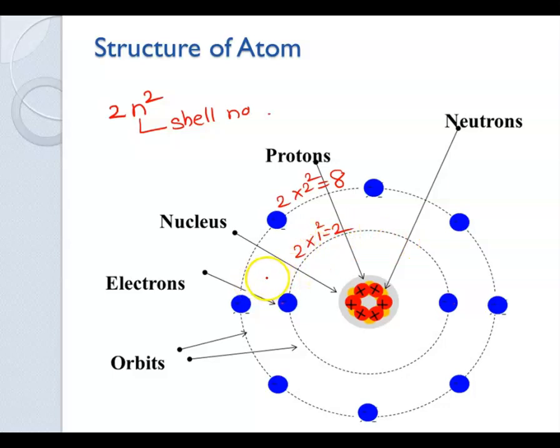Now see one more definition, that is valence shell and valence electron. The outermost shell is known as a valence shell. For any atom, whatever the outermost shell is, we can call that a valence shell. And the electron in it is called a valence electron. The valence electron determines the electrical characteristics of each particular atom. The valence shell may be completely filled or partially filled with valence electrons.